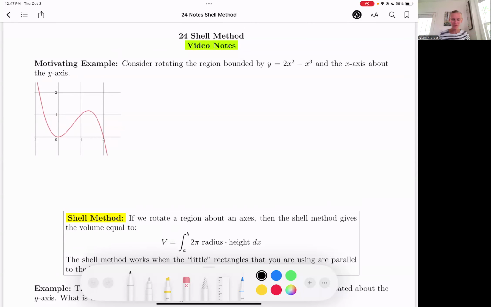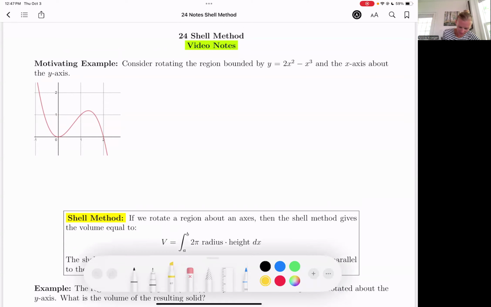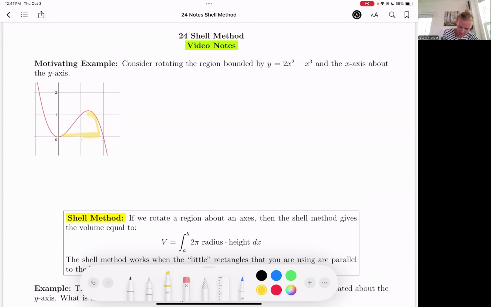Sorry, that's hard to say. So let's look at this example here. I've got the function graphed, and this region here is bounded by the x-axis, and we want to rotate this region about the y-axis. Okay, so this looks like one of the problems that we could have done when we were talking about the